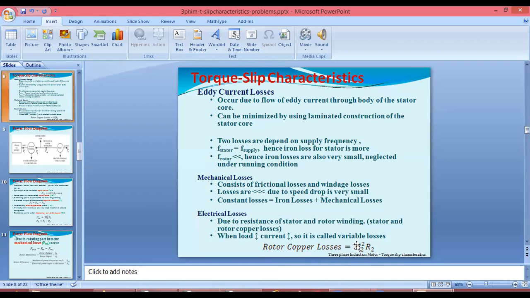Can anyone tell me why we have used 3 here? Because we have the formula V into I, or you can write I square R. The 2 I am writing here is for the rotor. So I2 square means current of rotor and R2 means resistance of rotor. But here we are using the 3 because we are studying the 3-phase induction motor, so we are giving a 3-phase supply. So here we are taking 3 into I2 square R2. We can call that the rotor copper loss.